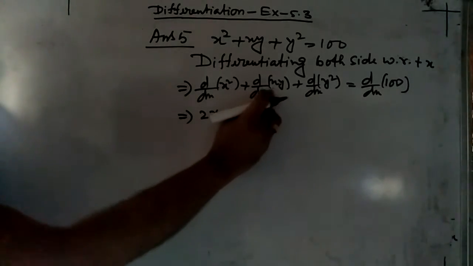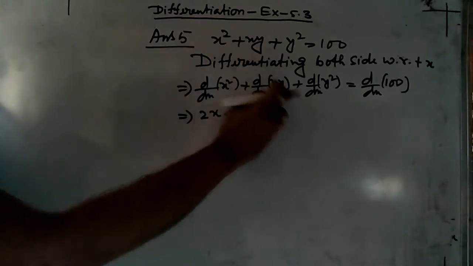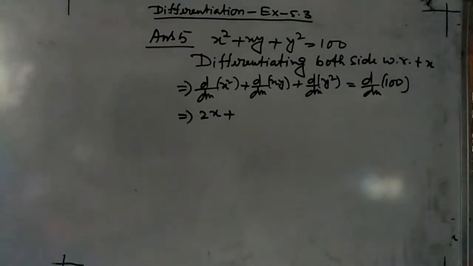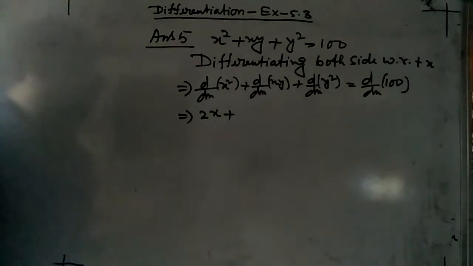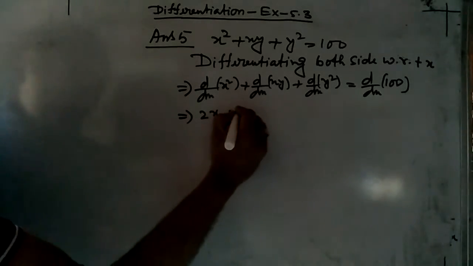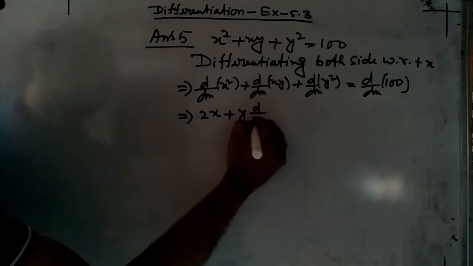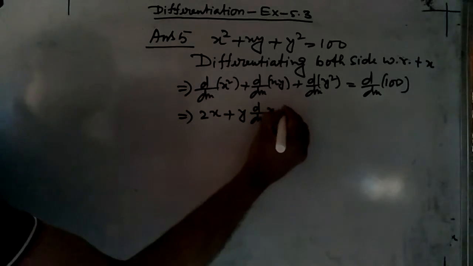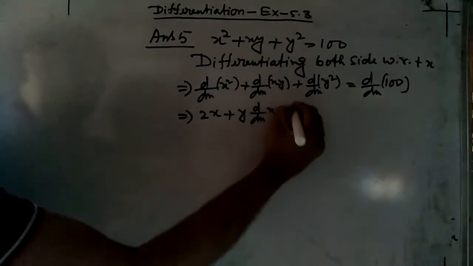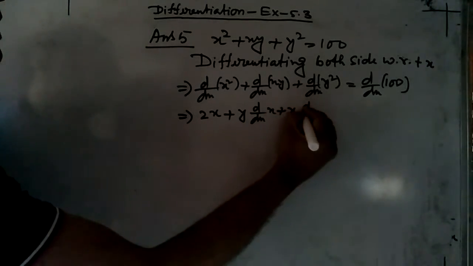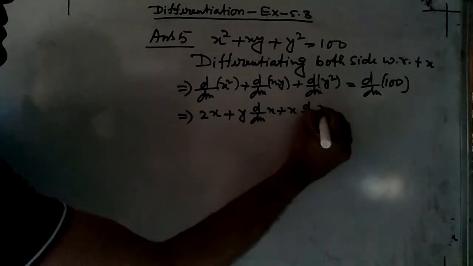With respect to x, if you want to differentiate x into y, then you have to use product rule. So according to product rule, y unchanged, derivative of x, plus x unchanged, derivative of y, that is product rule,